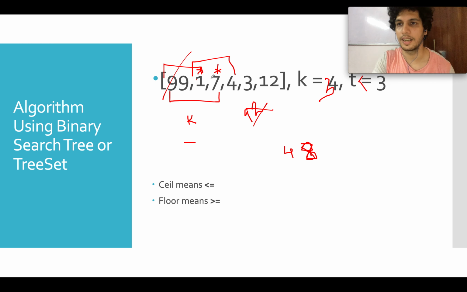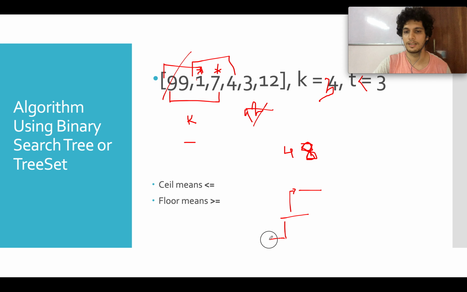We'll be using a tree set data structure for solving this, since it gives us the search in order of log n rather than iterating through all the elements. And Java has two inbuilt methods for this, ceiling and floor. If you are at this particular value, ceiling will give you the immediate higher one, and similarly the floor would be the immediate lower one. If there are multiple values and you are at this point, ceiling will give you this value, and floor will give us the immediate lower one. Let's try and code this up.